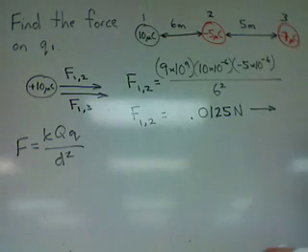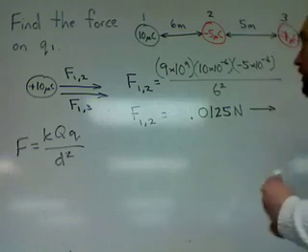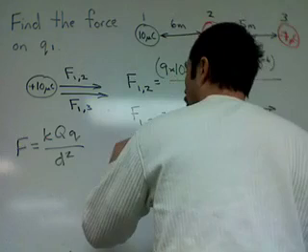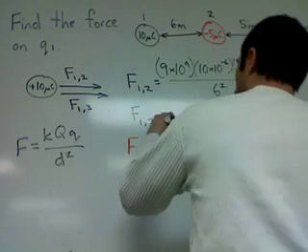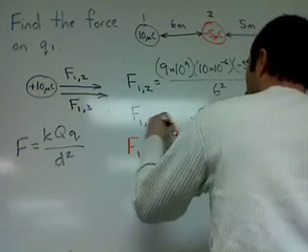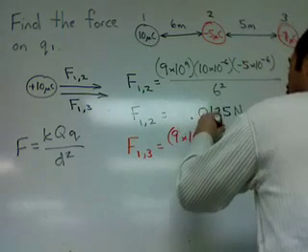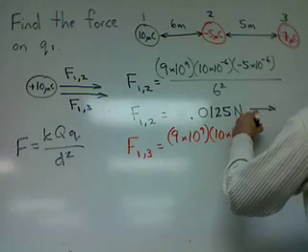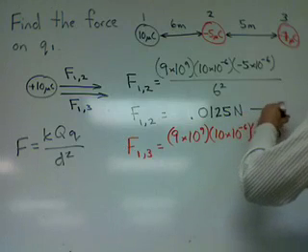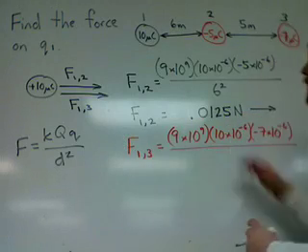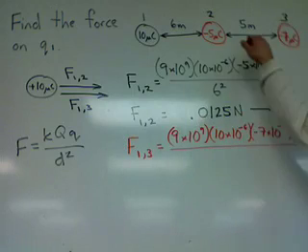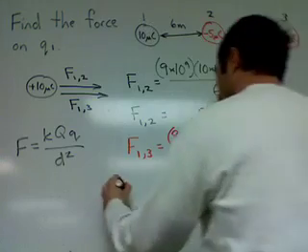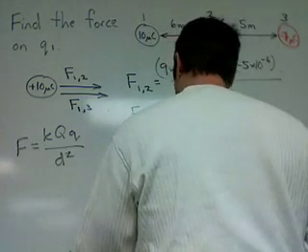Okay? If I do my other one, and I'm going to use a different color just to make it a little bit easier to see, the force on 1 from 3 is going to be 9 times 10 to the 9th times 10 times 10 to the minus 6 times negative 7 times 10 to the minus 6 divided by, and here's where you've got to be careful with your distance. The distance that it is away is actually 11, so it'd be 11 squared. So if we do the math,